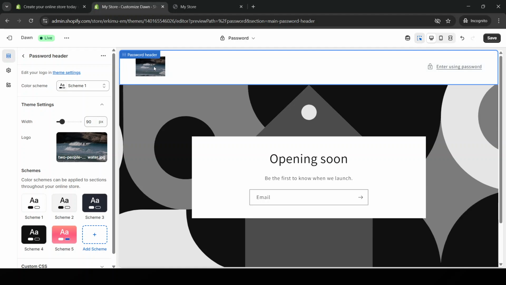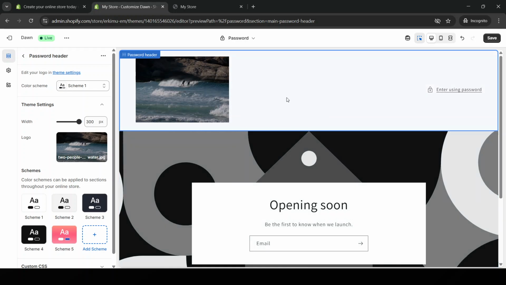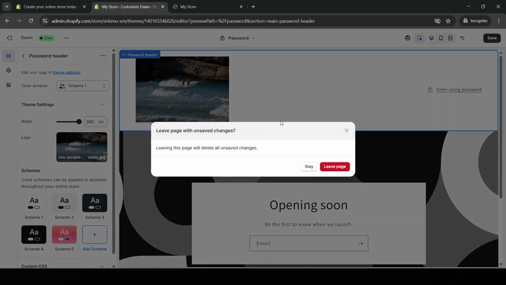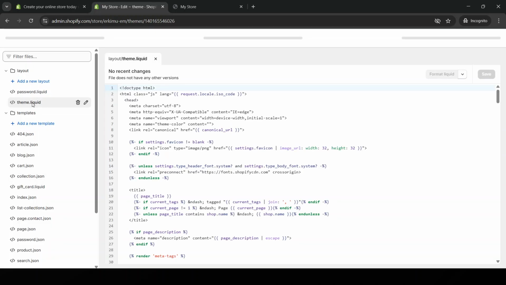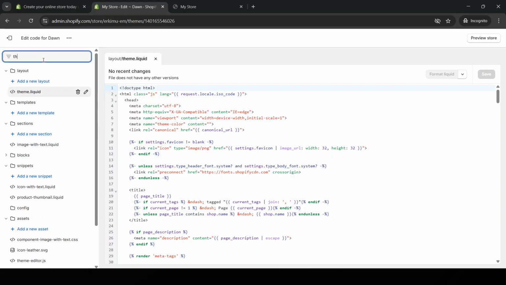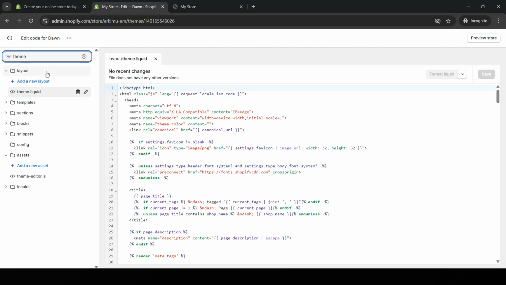Now, if your theme lacks flexibility with logo positioning, adding custom code might be your best bet. Head back to the dashboard, click on Actions next to your theme, and select Edit Code. Don't worry if you're not a coding wizard, all you need to do is locate the themes.css file. Add your desired CSS commands for logo positioning. A couple of basic CSS rules like text align or margin can be enough to get your logo moving to